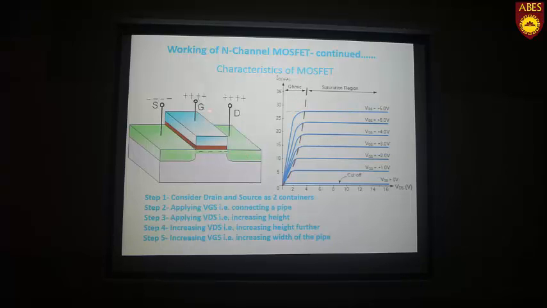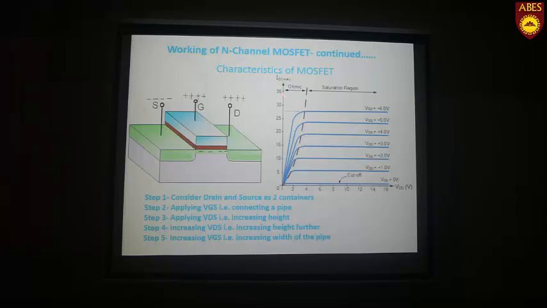But if we increase VGS, which is shown here, from 1 to 2 volt, the current for the same voltage increases. Let us say at 14 volt, at VGS of 1 volt the current is 5 milliampere. Then if we increase VGS, the current at 14 volt will increase from 5 to 10 milliampere, which we have discussed in the last point. So this is the summarized characteristics.